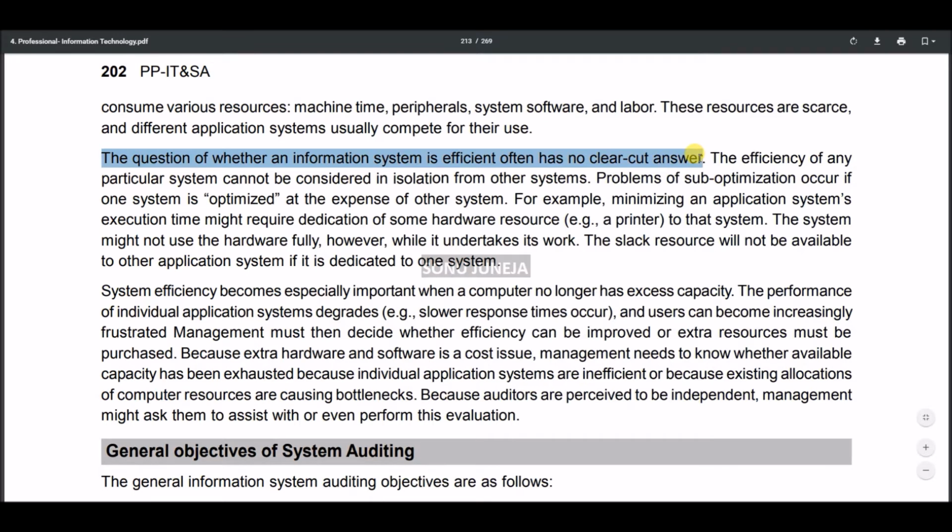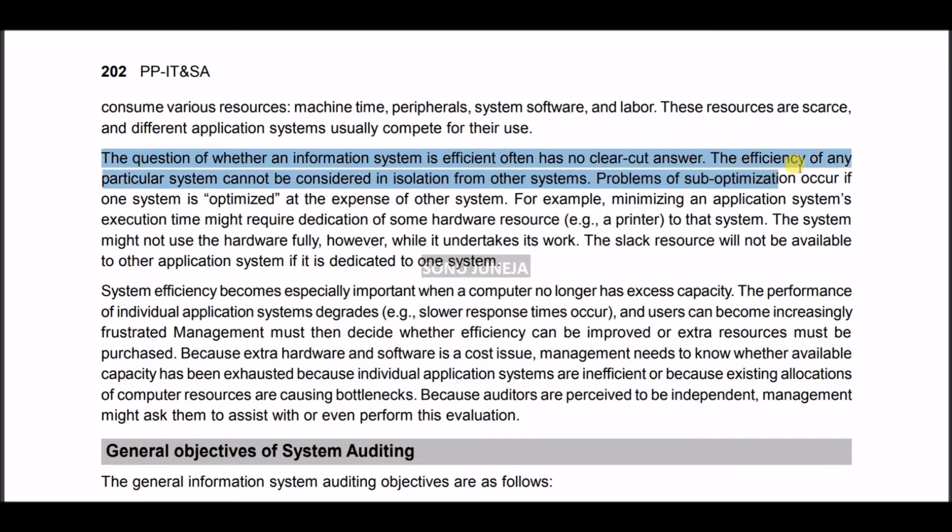So there is no standardized answer; it is customized and tailor-made. The efficiency of any particular system cannot be considered in isolation from other systems. So while you're creating an information system, do not consider it alone, consider it together, where you consider each and every aspect of the business organization, internally and externally, to stand up to the expectations of the competition, of the employees, of the management, of the middle level management, to utilize it to the optimum level. Now the problem of sub-optimization occurs if one system is optimized at the expense of another